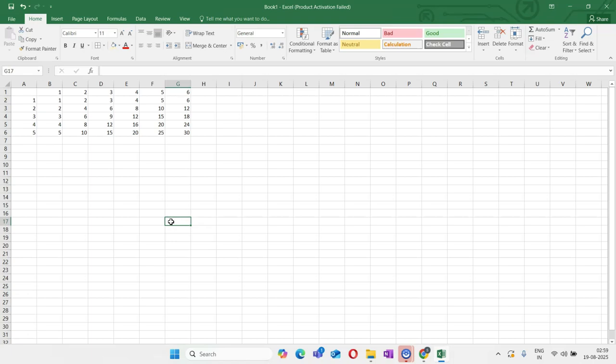I hope this clears your doubt. You can also practice it. You can regenerate this multiplication table. You can extend it up to, let's say, 10. You can try moving your dollar sign to see how the results break and how it works, okay? Or you can even solve the formula to compare. So these are certain activities that you can perform while doing mixed referencing. It is a bit tricky, but once you get practice of it, it becomes really very simple to work upon.